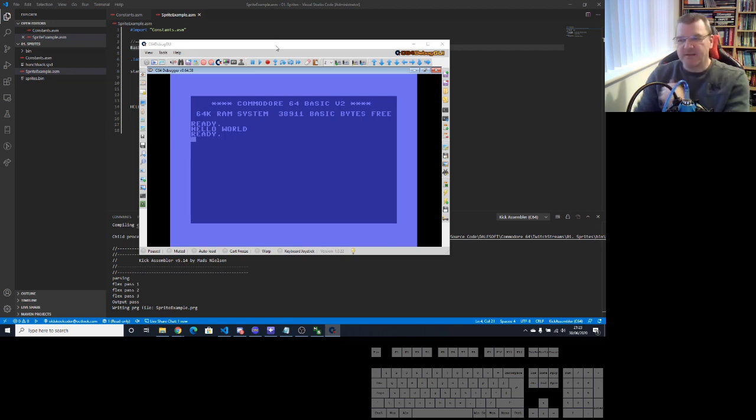So this is fired up C64 debugger inside a tool that one of my forum users has written to make it nice and easy on how to use it, called C64 Debug GUI, and I'll be doing a video on this because it makes life a lot easier when you're using C64 debugger. But as you can see, hello world has turned up, so I know I'm on the right track. Alright,